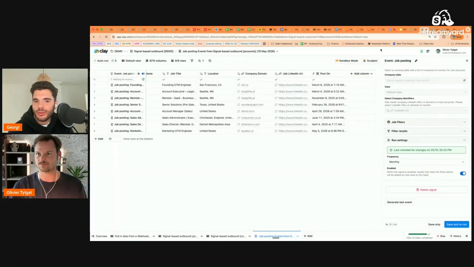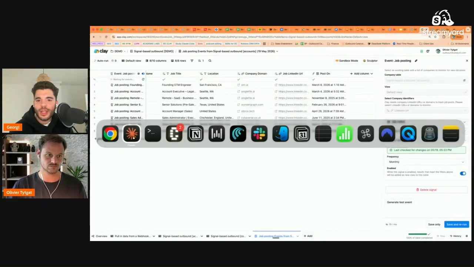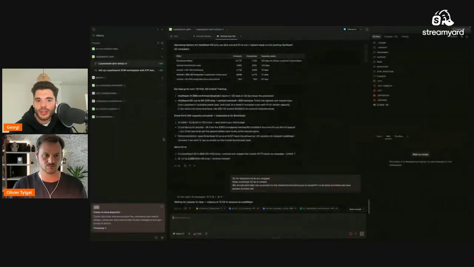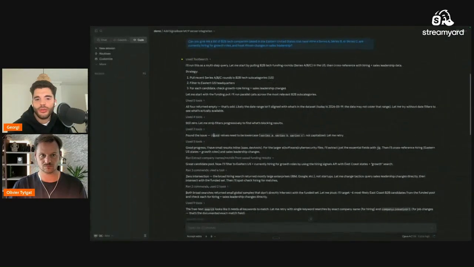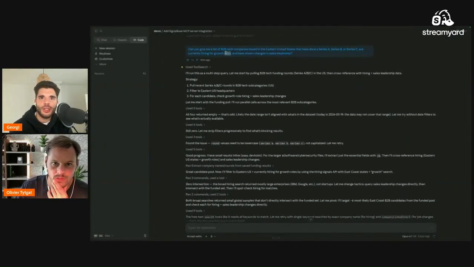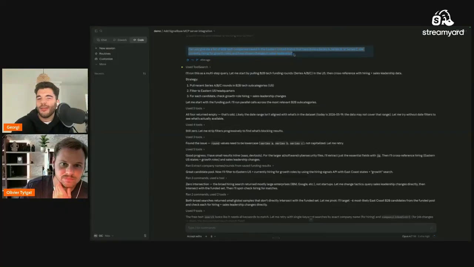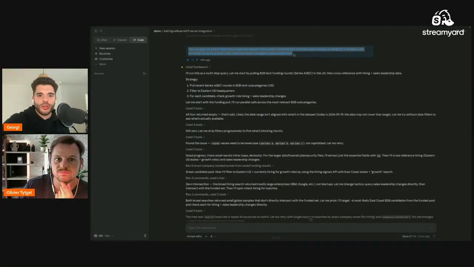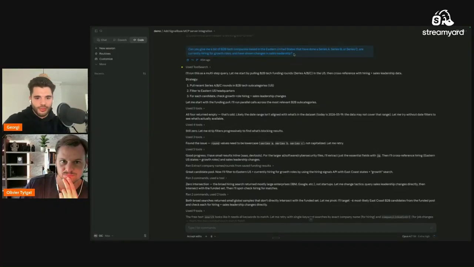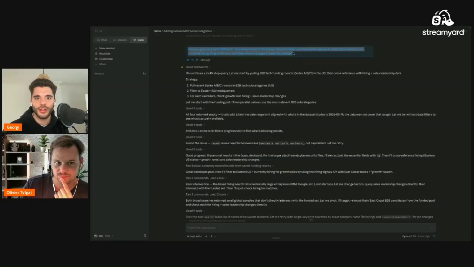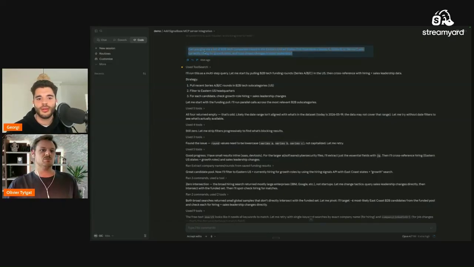I don't know if Olivier has it running in Claude Code, but the MCP of Signalbase also stacks signals quite nicely. So if you ask it for, hey, here are companies that raised and also are having X, Y, and Z job change, it's going to do the work for you. But I'll leave that to maybe Olivier because he's showing. Yeah, no, I was just playing around with it.